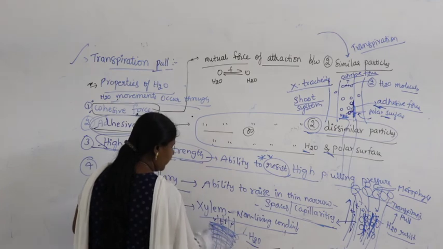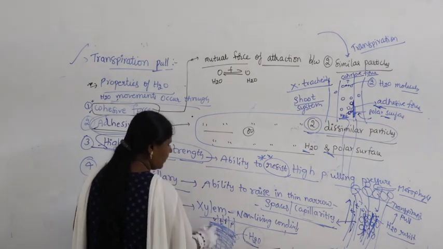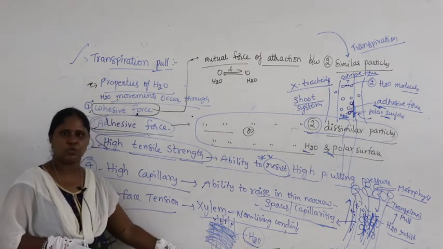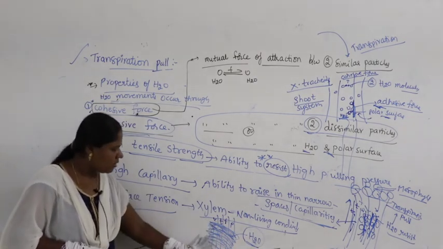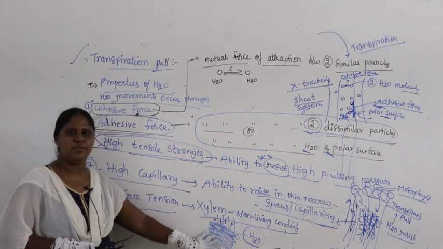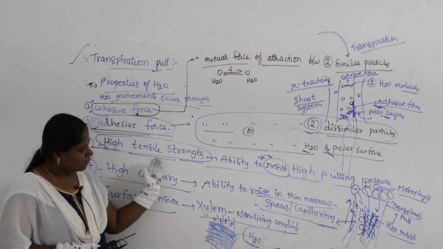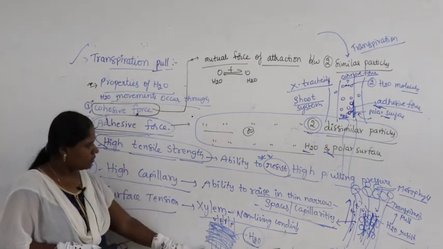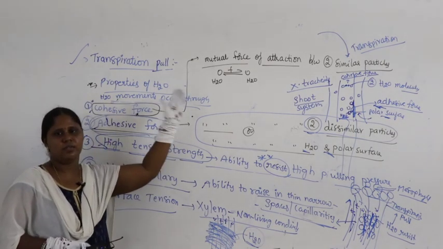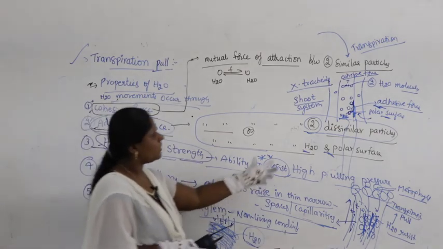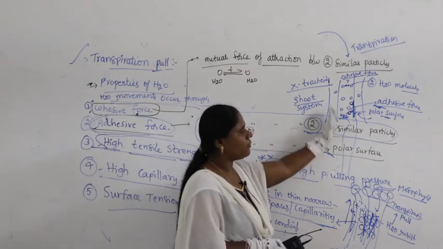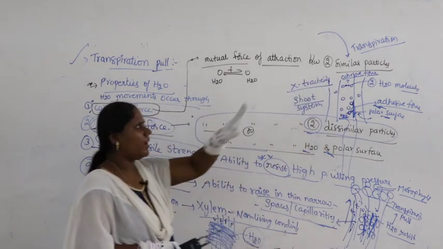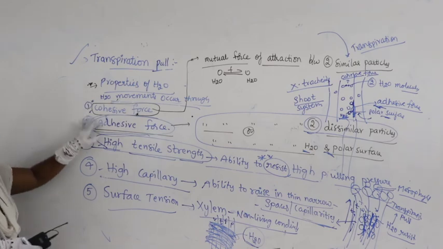When it is fully filled with water, it occupies more of the surface area of the xylem, giving a high surface to volume ratio. Even though pressure is created, it takes a large quantity of water from the root system to the aerial parts of the plant. Water moves upward in the shoot system. Why is it happening? Because of the properties of water.